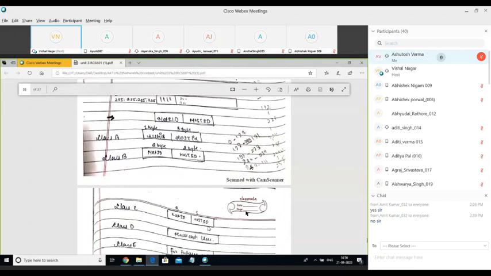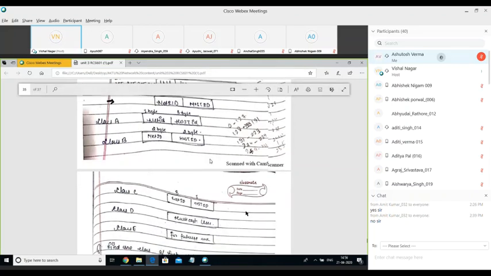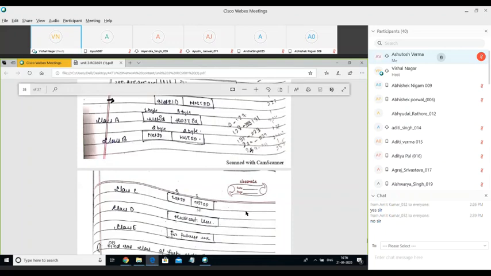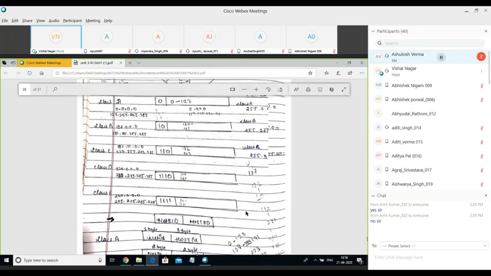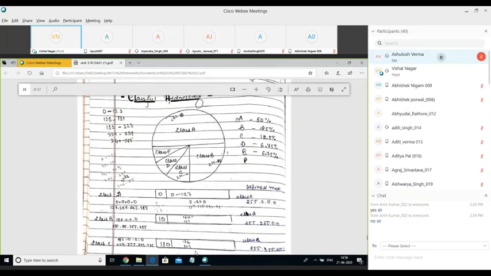It is not used. So I have told you about the division of the octets also. In case of class A, the first octet is reserved for the net ID and 3 octets for the host ID. In class B, we have 2 octets for the net ID and 2 octets for the host ID. In case of class C, we have 3 octets for the net ID and 1 octet for the host ID. In case of class D, the entire range is reserved for multicast users, and class E is for future users.